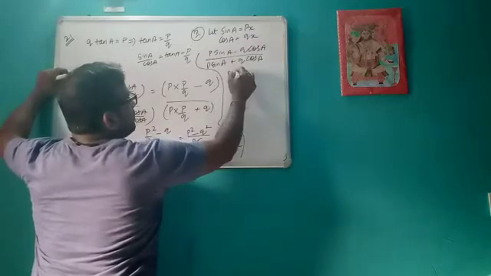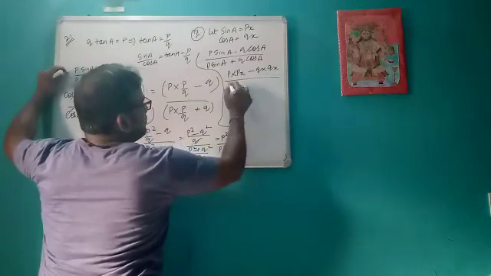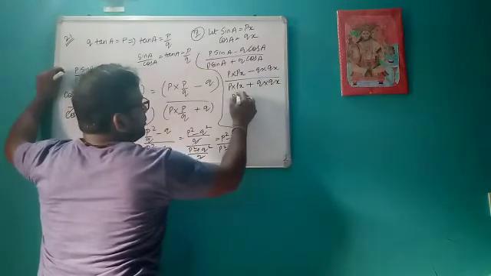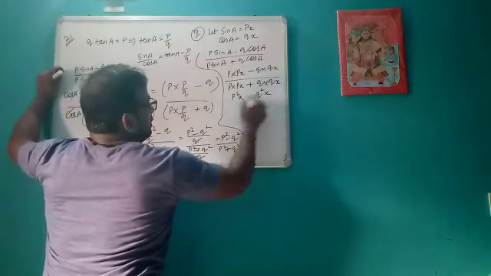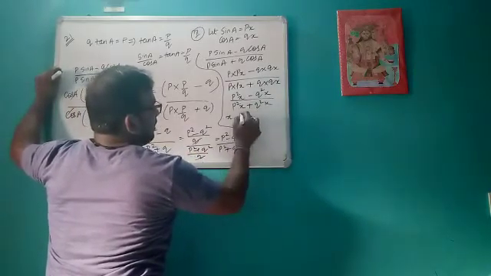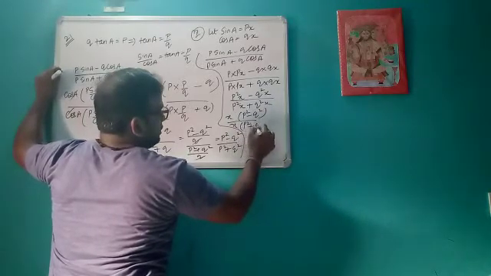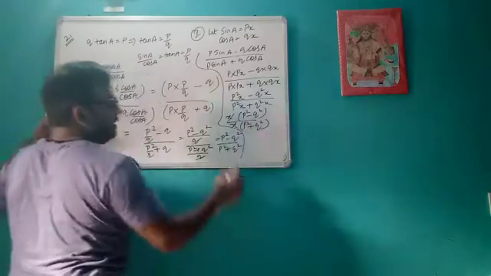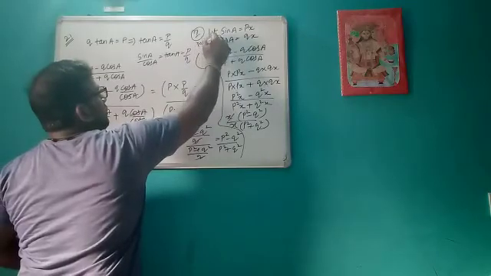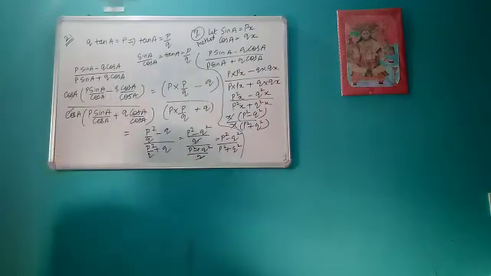What is sin A? P into X minus Q into Qx upon P into Px plus Q into Qx. So you will get P square X minus Q square X upon P square X plus Q square X. X will come out as common. P square plus Q square, X and X cancel, you will get the same answer. Okay, so this is the second method to solve questions like this. So you can choose either of these two methods to solve the question.